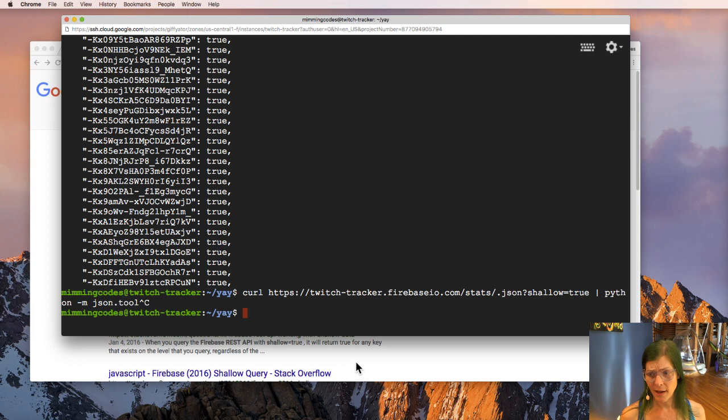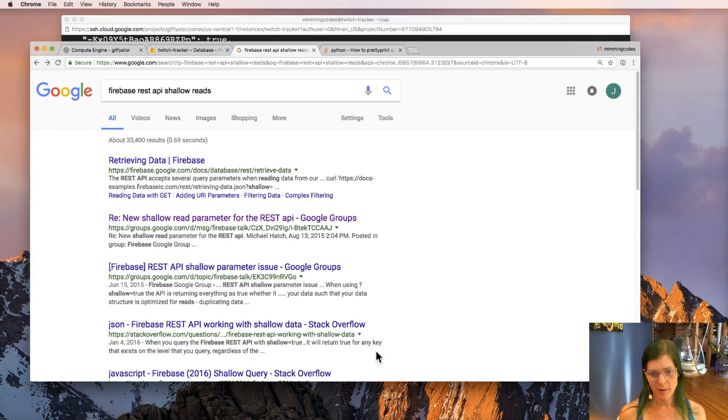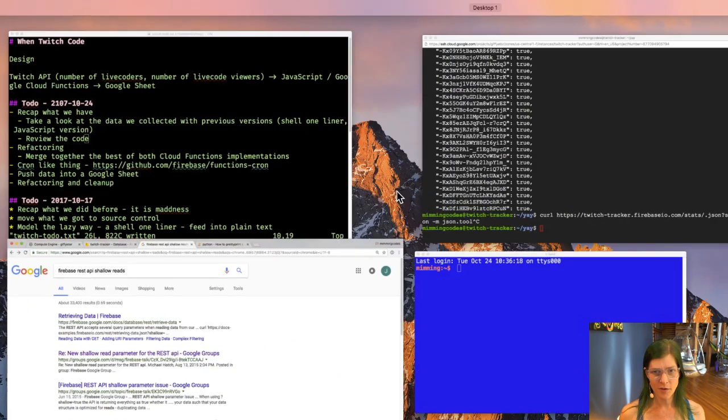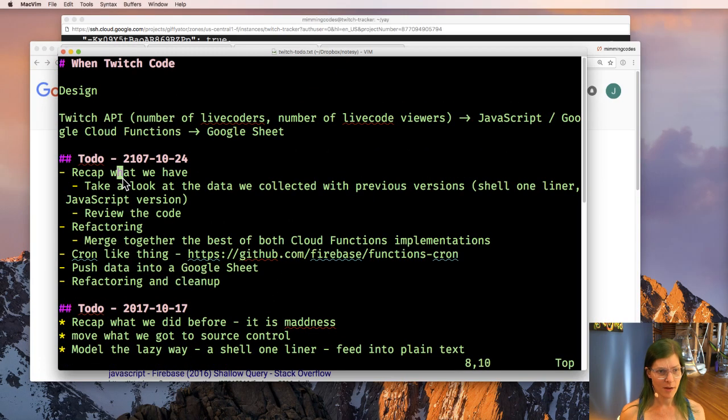Let's go back and, do we want to plot this stuff right now? Nah, I'm actually just going to go right back into the code and fix the script because I don't think any of you want to see that. But we do have another to-do as a result of that. If we're using a spreadsheet as the write location, we don't need to bother with security rules. If we're going to stick with Firebase, which I might actually do because I think it'll satisfy my needs for this project,